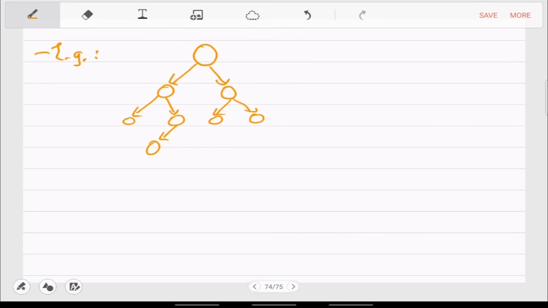The only way to check that is to write down the heights of the children. So here the heights of the children are 2 and 1. What is the height here? 0 and 1.